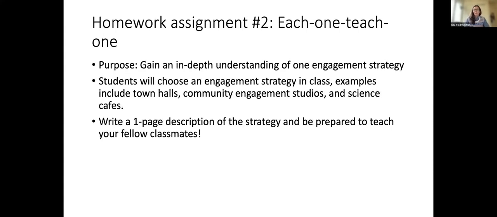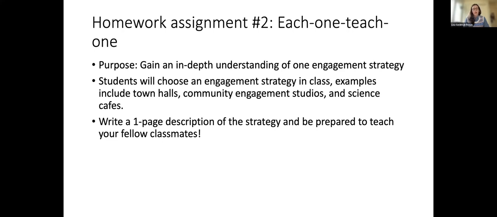Okay, the second assignment is called Each One, Teach One. This is an assignment that we do so that we as a group gain a more in-depth understanding of different engagement strategies. And the way we do that is each of you are going to gain in-depth understanding in one engagement strategy and then teach the rest of us. There are community engagement strategies that you'll choose in class next week, I think. And then you will do some background reading and prepare some materials. And then you'll come to class the next week and